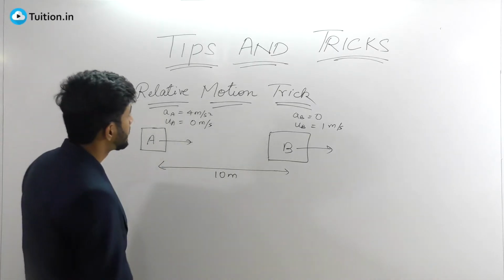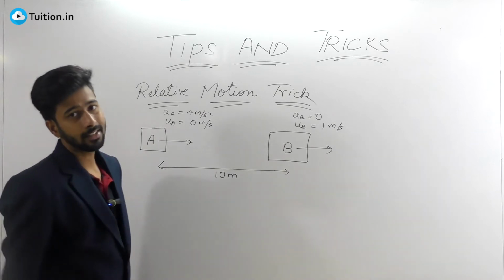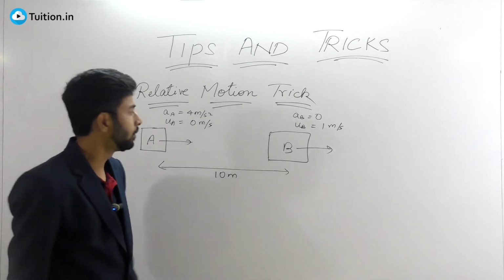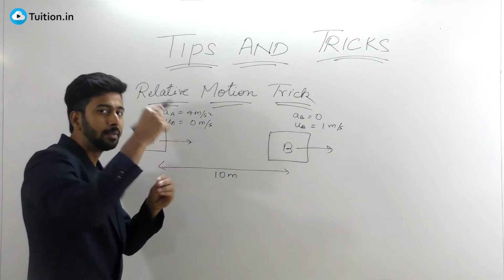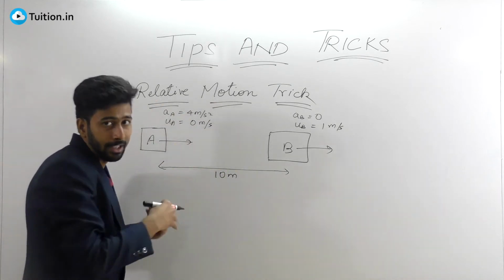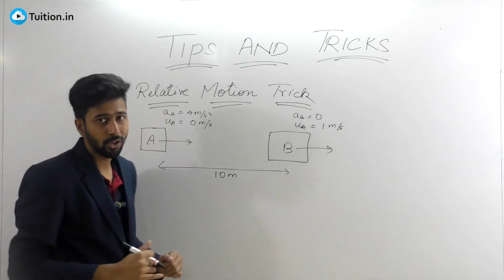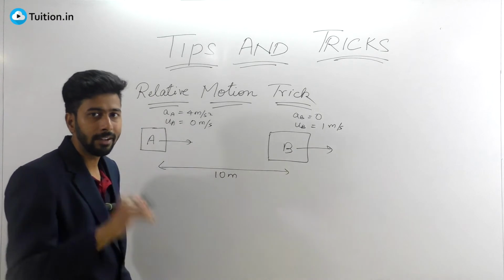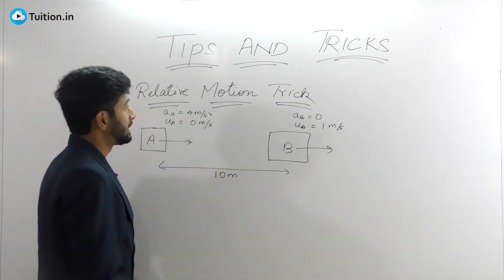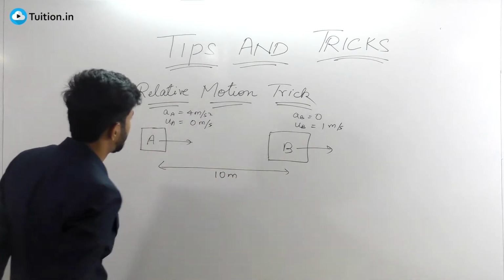And welcome to this relative motion trick. A lot of times some problems are very complicated to do when you have to deal with two or three bodies' motions, dealing with each motion separately and then finding something common. But when you use a relative motion trick, it gets very easy. For this particular problem, even if you don't use the trick, it won't be very difficult, but I'll just show you how to use the trick for this particular problem.